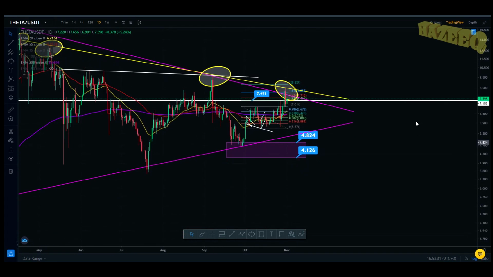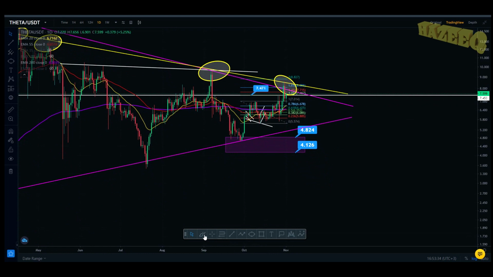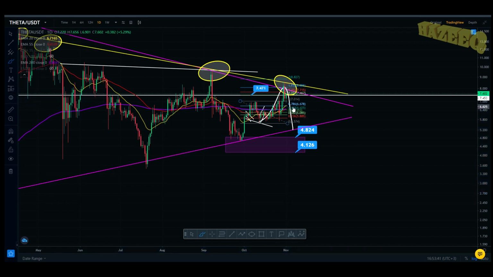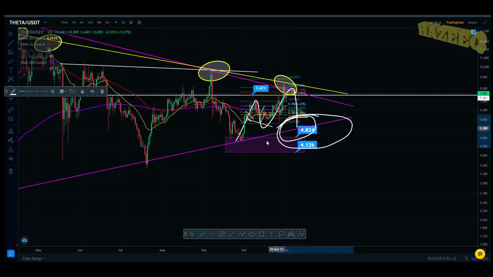Now, one thing that I do not want to exclude is the possibility of us coming back all the way down to the lower support line of the pink triangle, right? Why would that happen? If Bitcoin had a pullback, obviously the altcoins would follow soon. So you may potentially have a bounce over here. So $5.50, $5.80 around this area would be a nice place to put some buy orders in, because like I said,